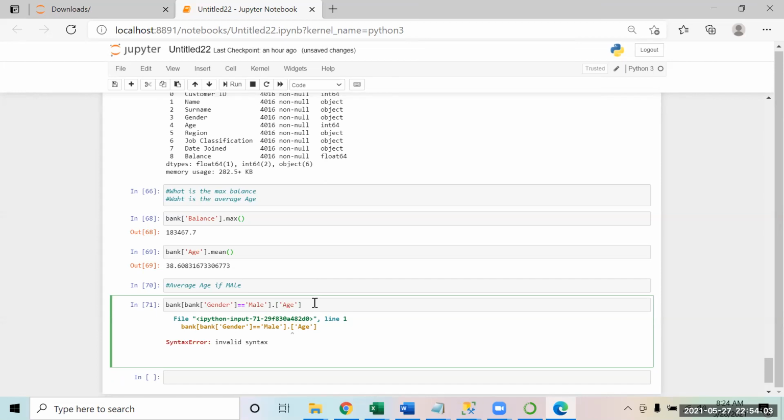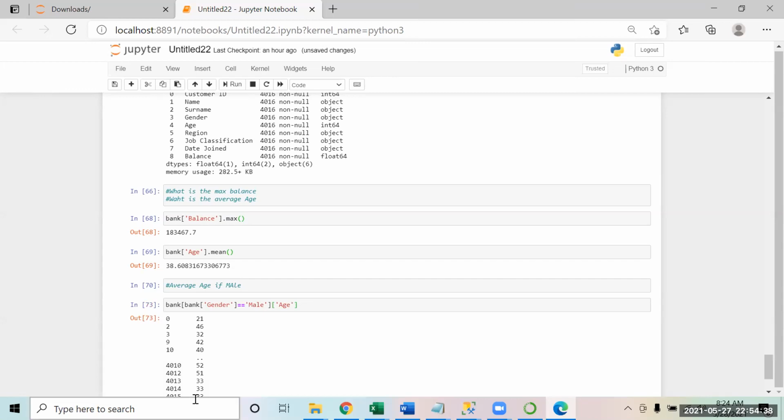In the end, you write dot mean. Sorry. So we remove the dot before age. We don't need this. Now you will get this.